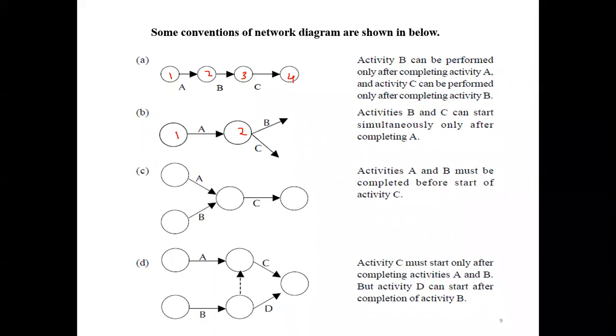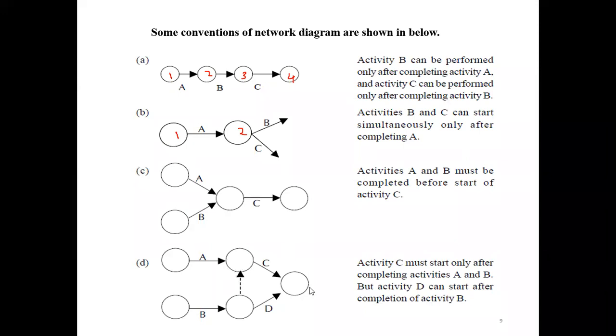Then we can finish B here first, then start the D activity. Here B finished and D started. Then we have to consider A and B finished together. A is already here, and B here, so from B we have to go upward, from bottom to top. We are going upward this way. Then here both finish together.